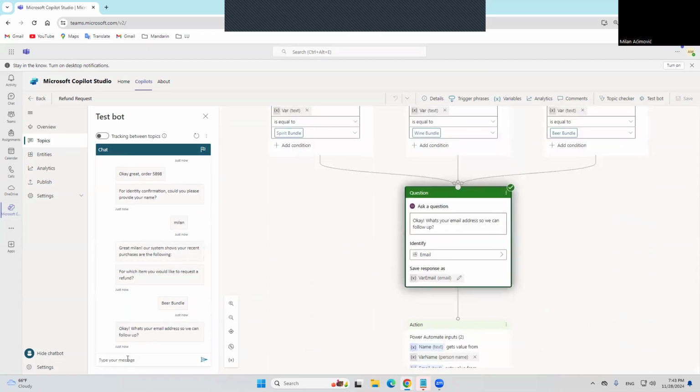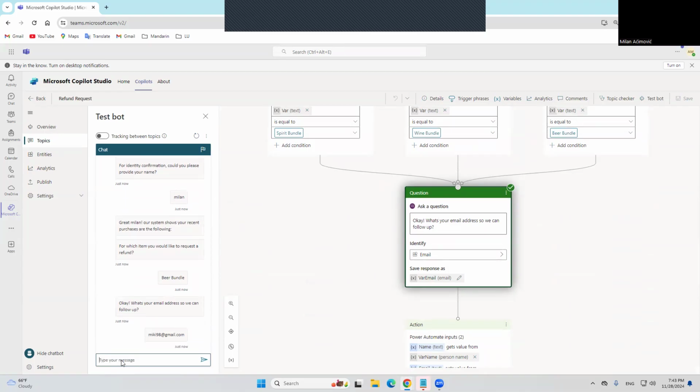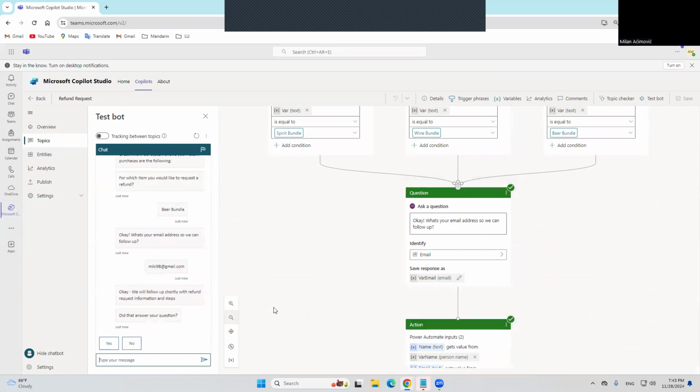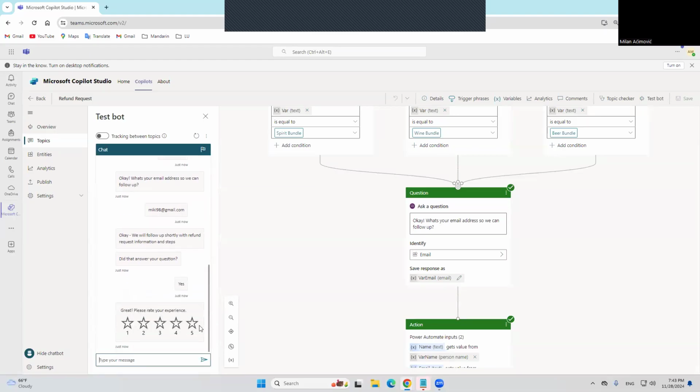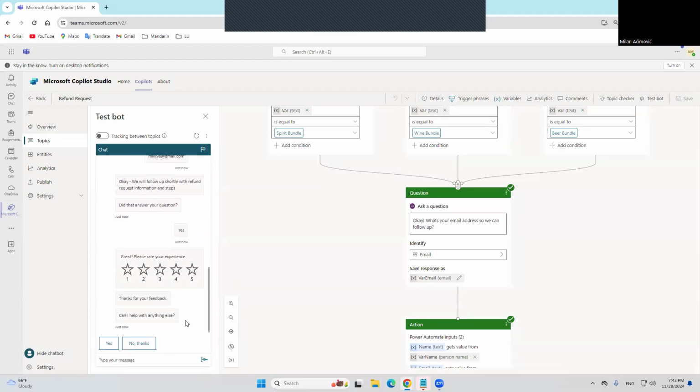Okay, what's our email address? It's Mickey98@gmail.com. Okay, we will follow up shortly with a refund request information and steps. Did that answer your question? Yes. 5 stars. Now, since it should be done correctly, if I go to the Excel document as we're using Flow,